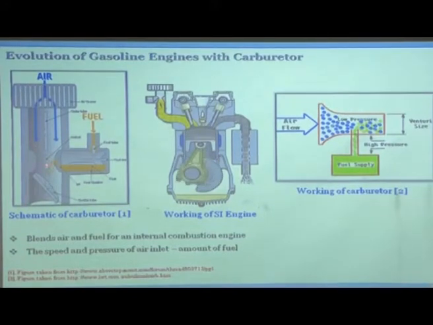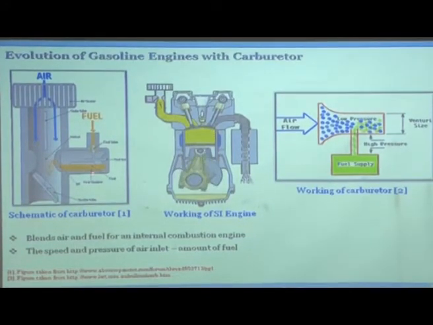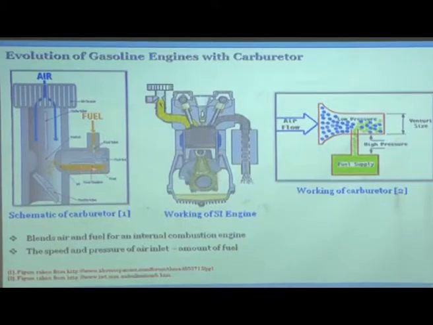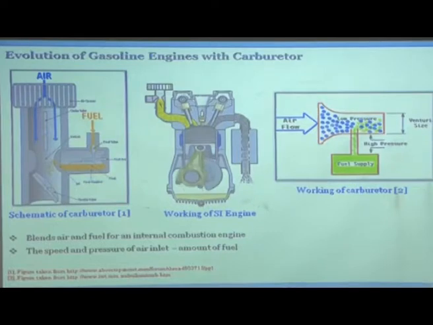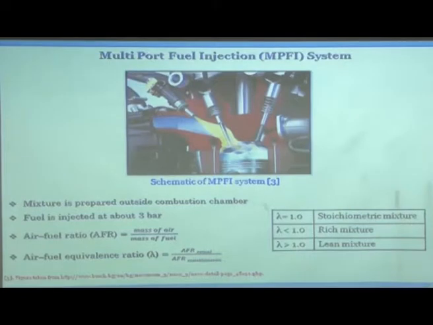throat where the velocity increases, pressure drops, and then the fuel actually is sucked from this tank, and then fuel air mixing takes place, and then it goes into the intake manifold. This is another example, Venturi, you create a low pressure, fuel is sucked in. So, you know very well how the carburetor works. Okay. Now, let us look at port fuel injection.